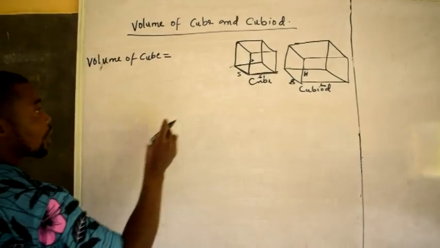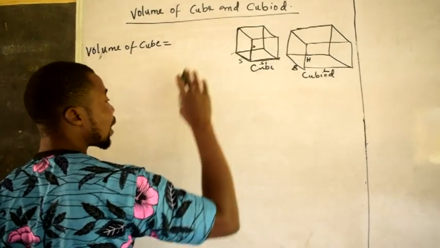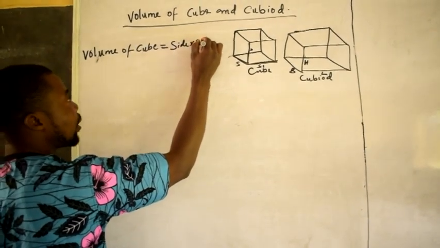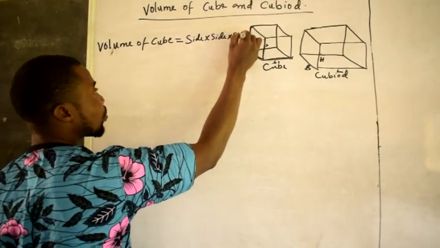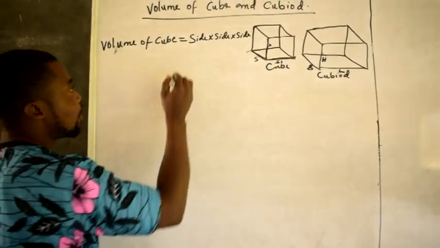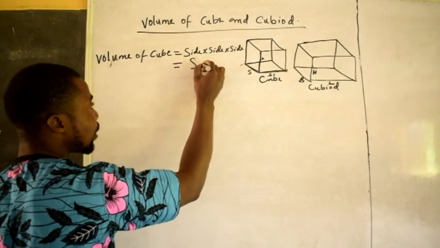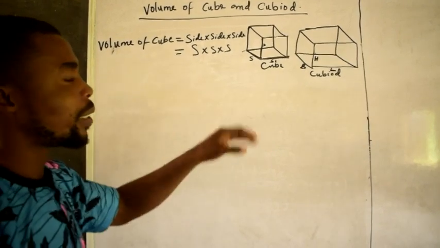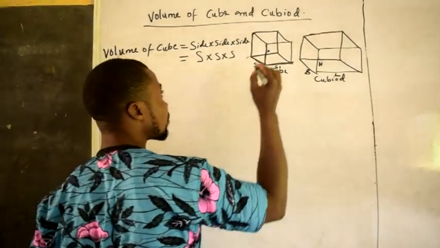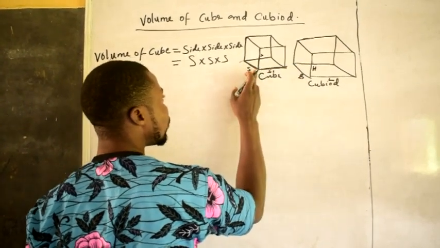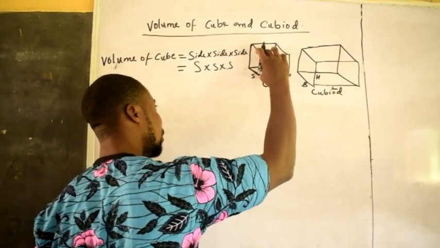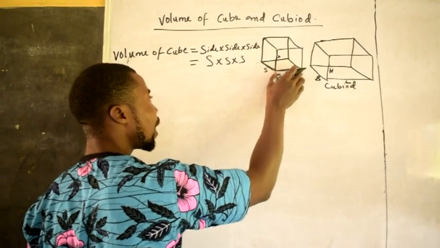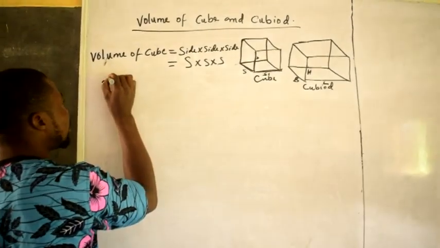So for a cube, because all sides are equal, we can use side times side times side, which is s times s times s. For the unit, you measure your length in meters. If this one is 10 meters, this one is 5 meters, and this one is 3 meters, you multiply the units together, meter times meter times meter, the unit of